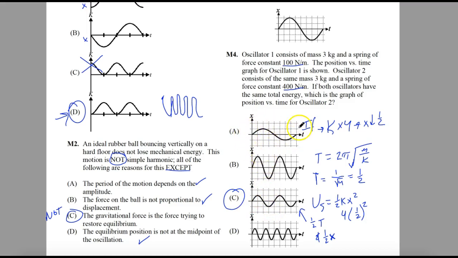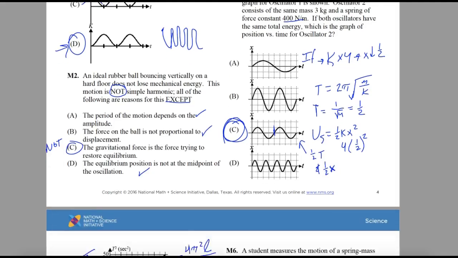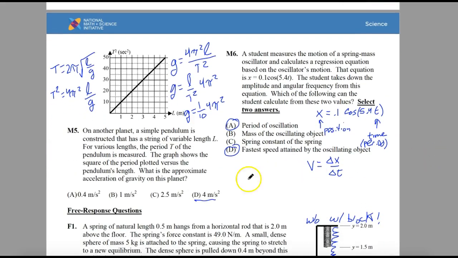So this period is long, this period is half as much. So we're going to go from here to here, there's half the period. This one is also half the period, but our stretch is also half. So we can't have as high of an amplitude. So our answer is C. For number 5,